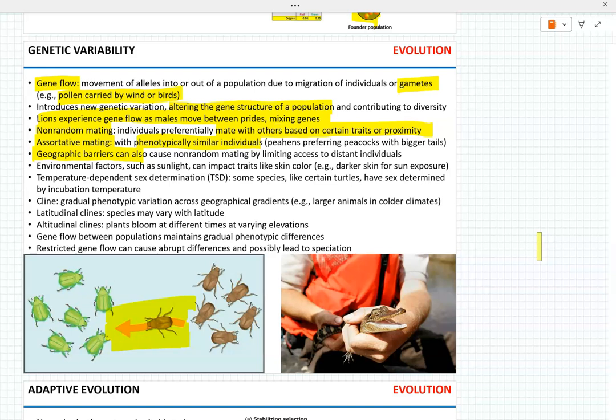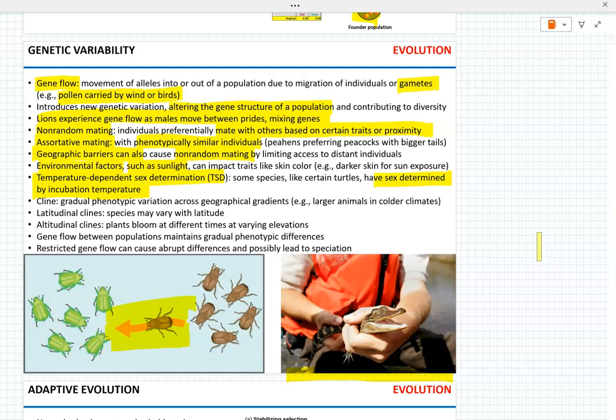Geographical barriers can result in non-random mating when access to distant individuals is limited. Environmental factors can lead to non-random mating because sunlight may change the color of the skin, which will lead to different mating patterns. Some animals, such as alligators, demonstrate temperature-dependent sex determination, so they will have sex determined by the incubation temperature of the eggs. Another phenomenon that must be taken into consideration is